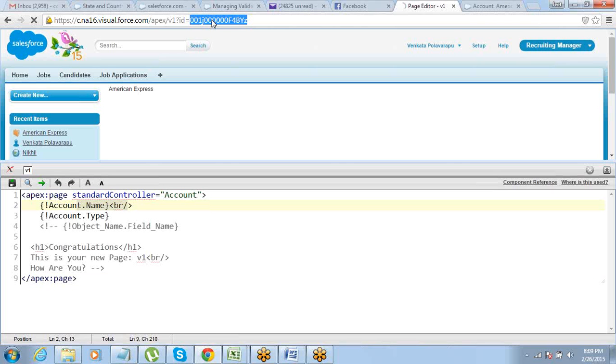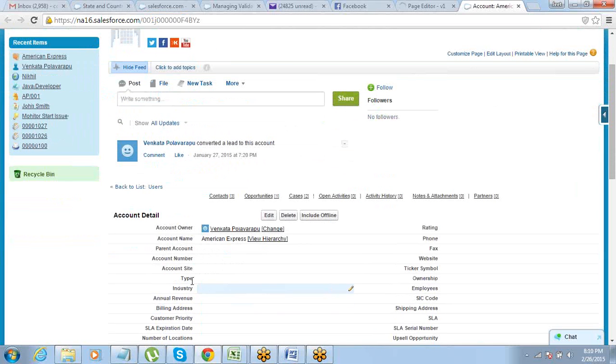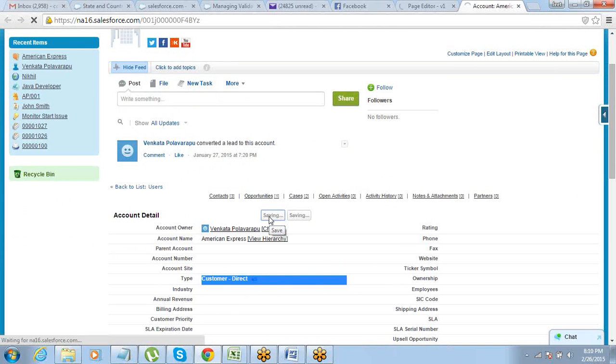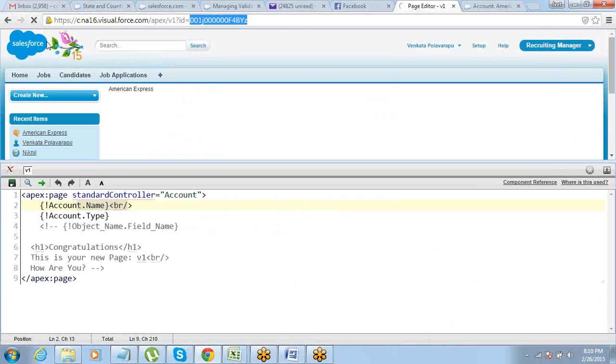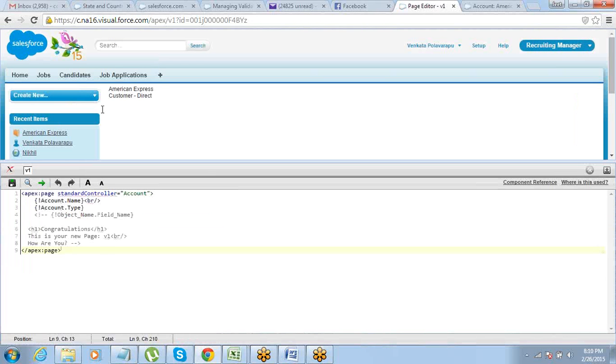Someone says the type is not showing. Sorry? Account type. Because this record does not have an account type. See, account type is blank here. Let me go and update this. Now if you refresh it, see,